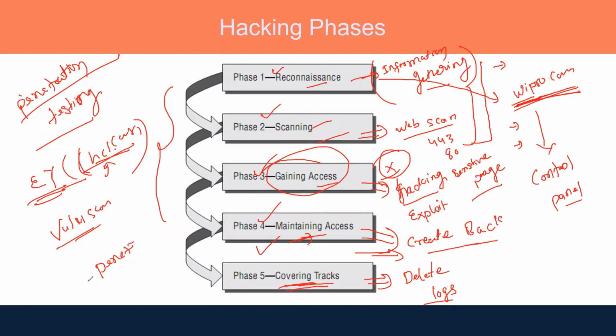In a penetration testing, they would try to find the vulnerability, and then they would try to penetrate those websites against the found vulnerabilities. So that is penetration testing. Once they are able to penetrate the website, they publish a report that based on these parameters, the website is vulnerable.